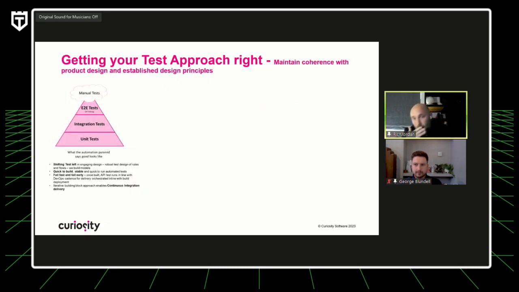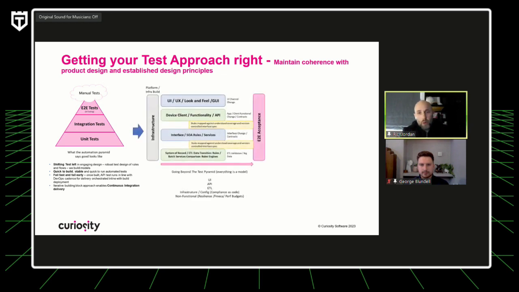Stretching on a bit further into test approaches and how modeling can fit into those test approaches. I've mentioned the pyramid quite often. I think one of the challenges is although we know the test pyramid is good practice, actually we're locked into current approaches, right? Or we're locked into not adopting the test pyramid. For example, we don't have the API exposed to us, or we don't have a good enough documentation set around how that API should work, and therefore that barrier prevents us from incorporating the test pyramid, and it sticks us with slow, clunky end-to-end testing or UI testing or things like that. It's a real problem. So what can we do?